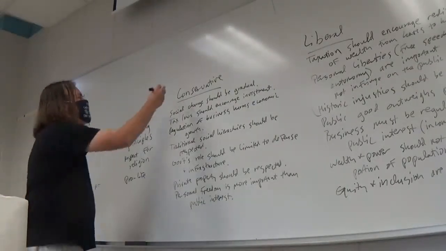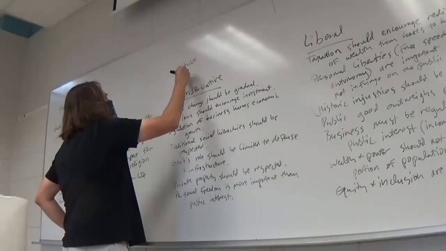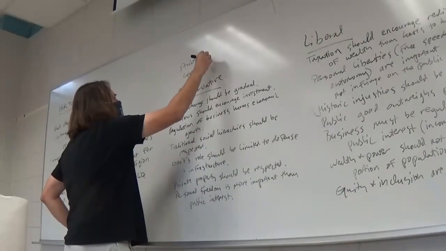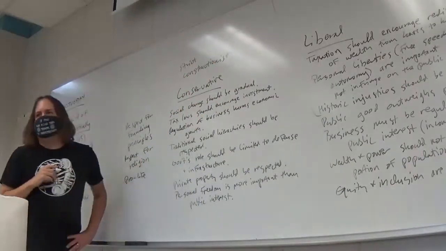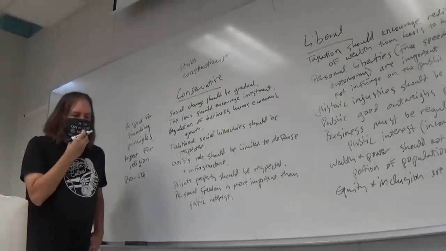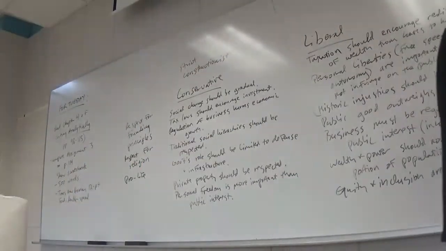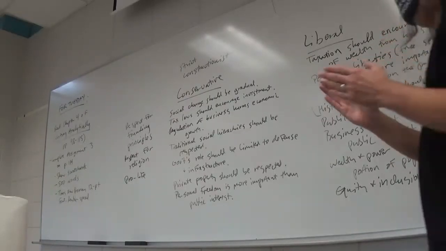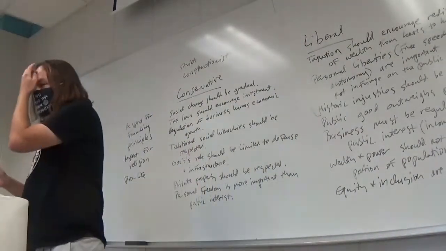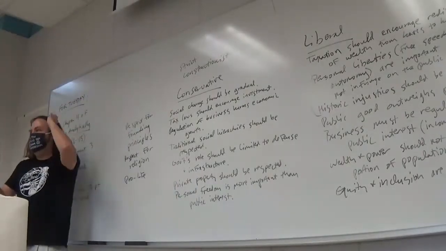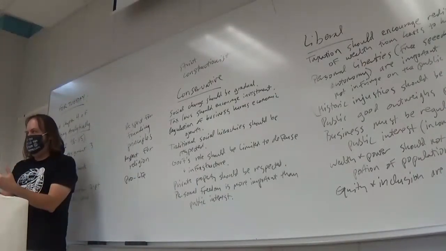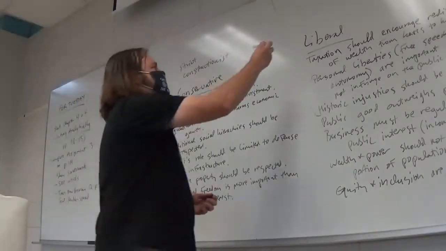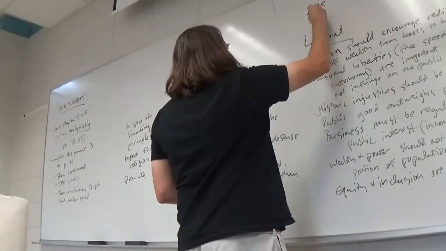But essentially, conservatives adopt what's called a strict constructionist view of the Constitution. A strict constructionist believes that the Constitution, as written, is the law of the land that should be followed, right? That there's no need to update the Constitution or to interpret it in light of contemporary social changes. A loose constructionist, on the other hand,